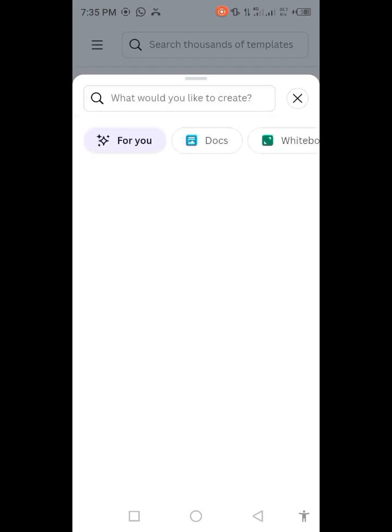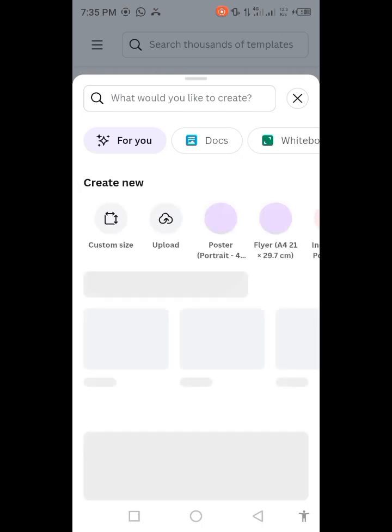Let's say I want to do a fresh design, right? I want to start my work from scratch. Maybe I have a size. Let's say, for example, I have a banner to do. There's a size on my head, maybe 3 by 4 feet. I have something already in mind to do. So